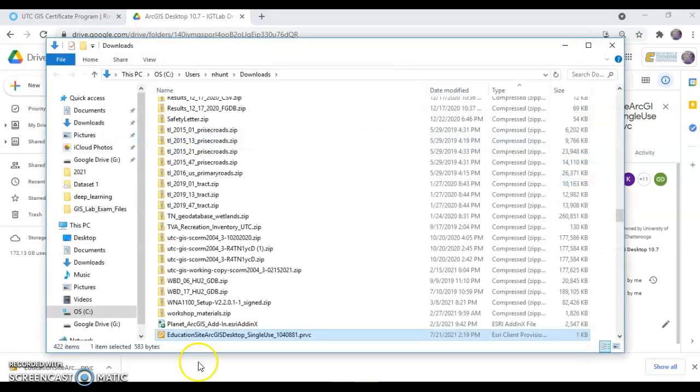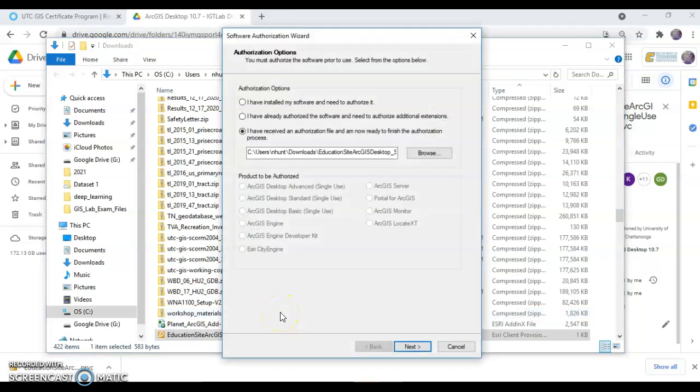So I'll click on show in folder, and you can simply just double click this file and run it like an executable. You probably have to tell your computer yes that you can make changes with this. And this authorization wizard should pop up. And from here, it should be a pretty straightforward process. There are just a few quirks that I want to show you, but it's mostly a matter of clicking next